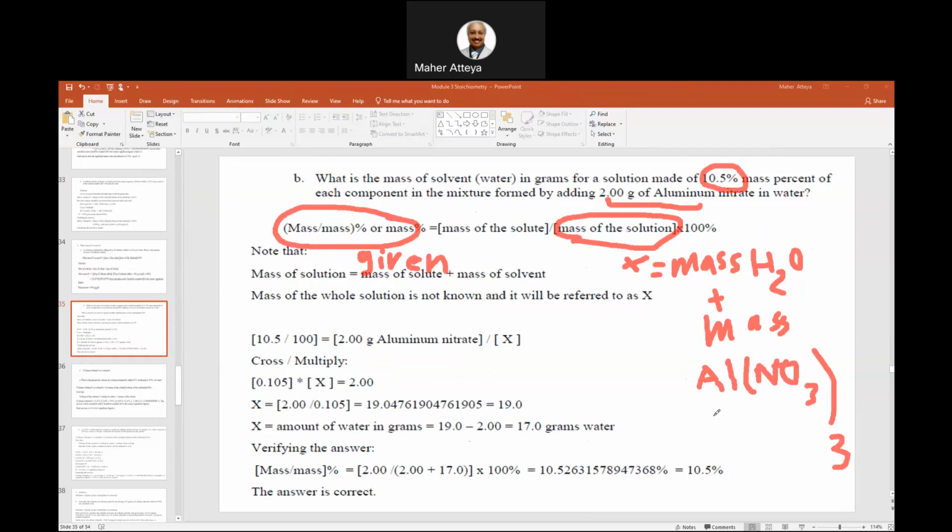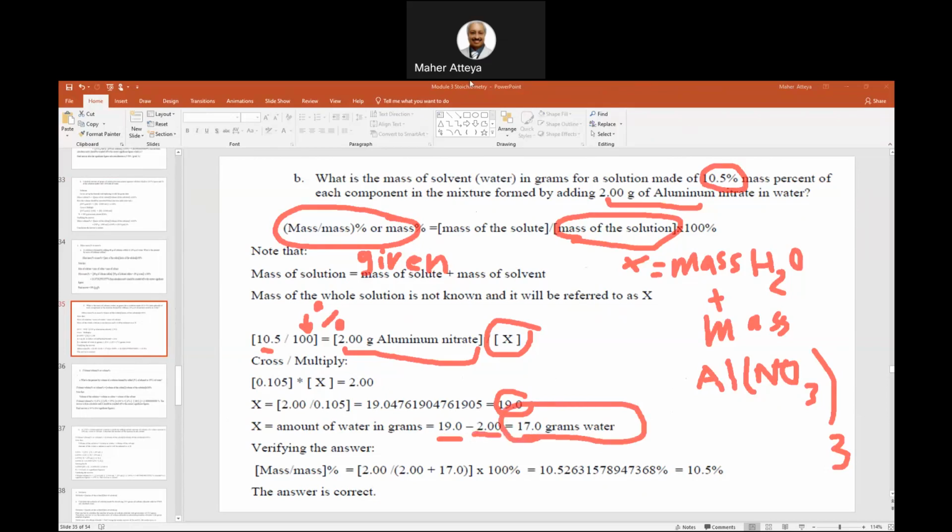So now I don't know the X, so I have to set up the whole thing together. The 10.15 is here, that's from the percentage. This one is my percentage, correct? And it will equal 2 grams of the nitrate. That's given to me. The solute amount is given, but the solution is not given. Work it out, you get the X. X here is 19, correct? X is 19 grams. So what is H2O? It will be 19 minus the 2 of the aluminum nitrate. This is the amount of H2O inside